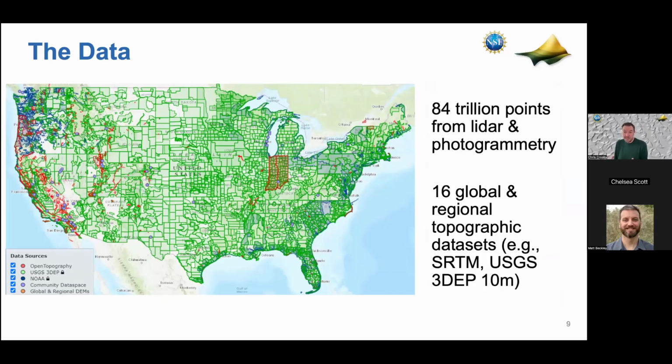People come to OpenTopography for the data, right? That's the primary driver. So this is a screen cap from the current state of US coverage of the United States. Each polygon represents the footprint of a LiDAR point cloud data set, colored by where the data come from. So red here are data sets where OpenTopography is the primary archive. We host those data sets. Typically, they're more geoscience focused.